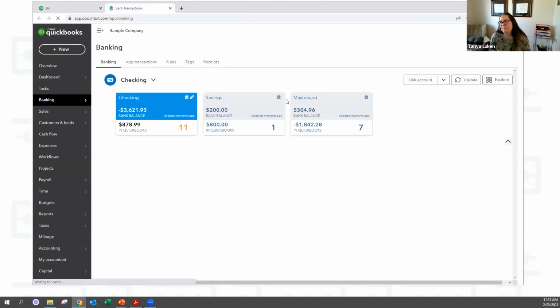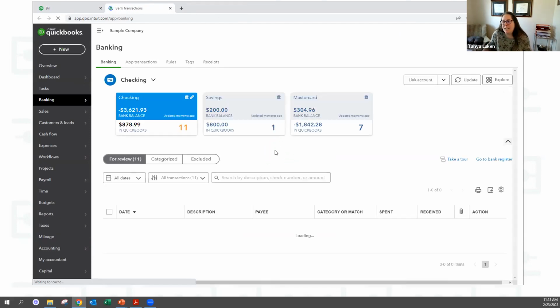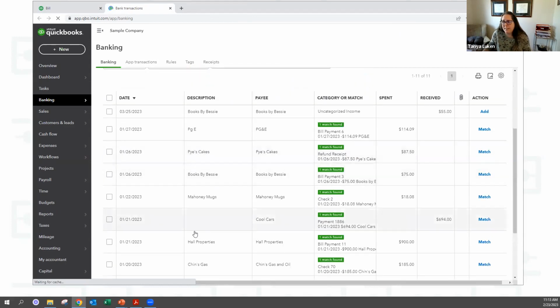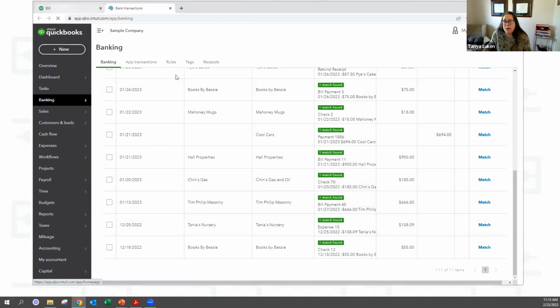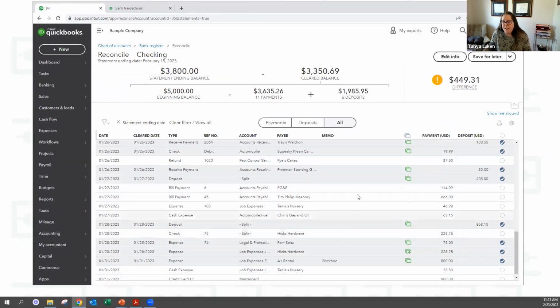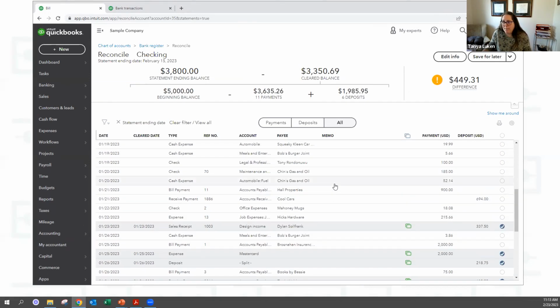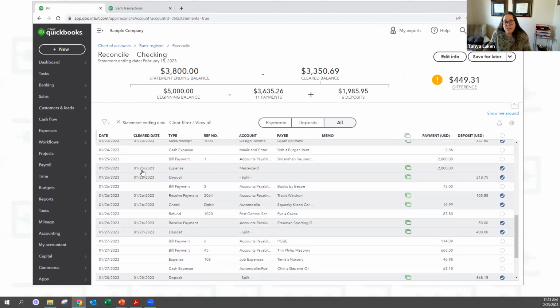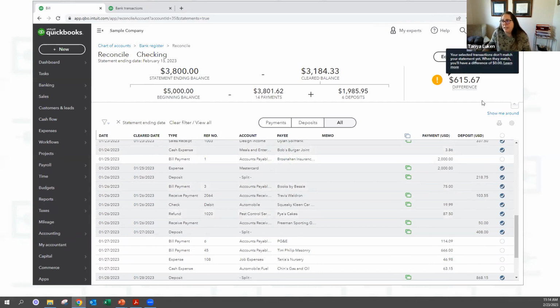Okay, so if it's the end of the month and you've cleared out all of these things and they're all gone, when you come into your reconciliation screen, a whole bunch of stuff is going to be gray. Once it's all in here and it's all gray, it's also going to have these dates. Do you see where it says cleared date? That means that this expense came through our bank account on the 25th, this one on the 26th, this one on the 27th, kind of thing. So you just keep marking off things that match. And then eventually this difference will get to 0.